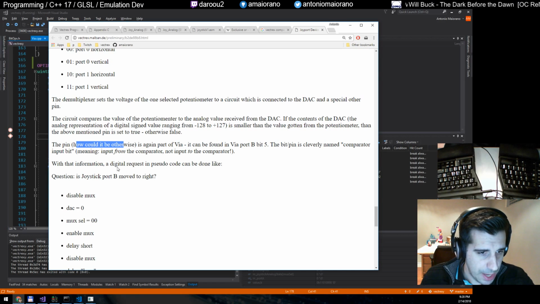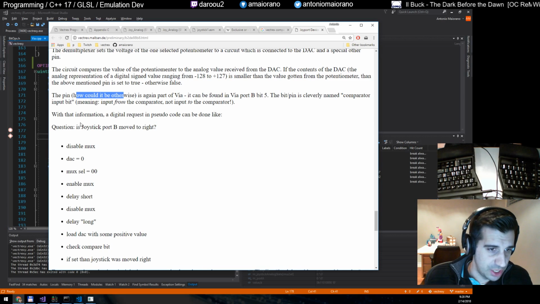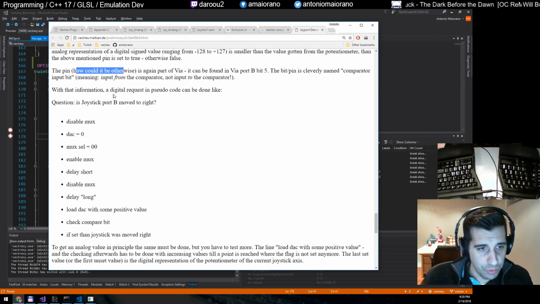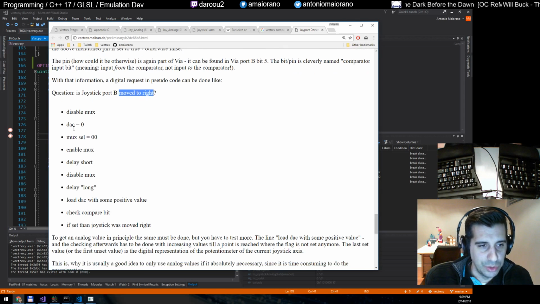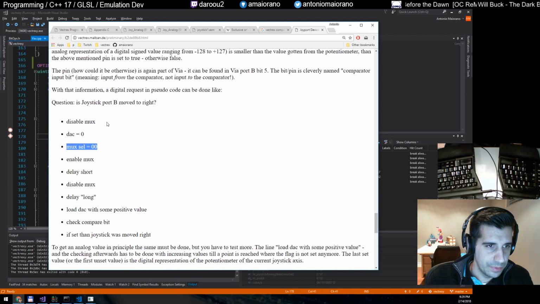With that information, a digital request in pseudocode can be done like, question, is joystick port B moved to the right? So we want to know if the joystick, the second joystick, so port B, is currently facing right. And then it tells you what to do. You disable the mux, you set a value of 0 in the DAC, so that's port A. We set the mux selection to 0, 0,